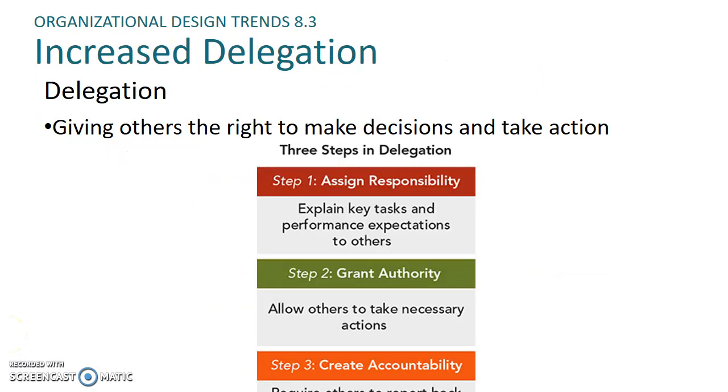Another thing organizations are doing is increasing delegation and empowerment. Again, this is where we assign responsibility, we grant authority to our employees, and we create that accountability. And that gives our employees the right to make decisions and take action. This is just giving them more freedom and trusting them with work. This is important because we need to know when we can delegate decisions. As a manager, it's important that we try not to do everything ourselves. Even though we're always responsible,